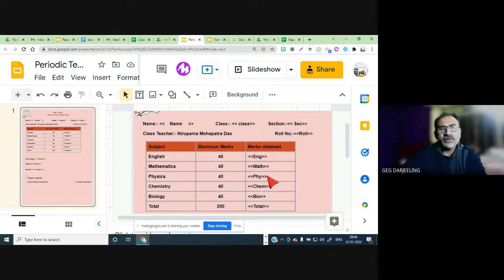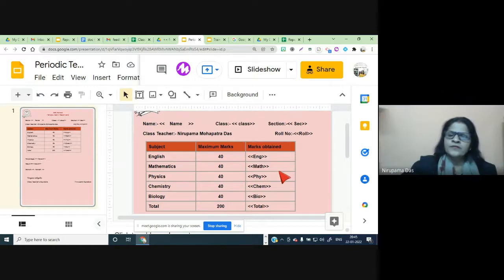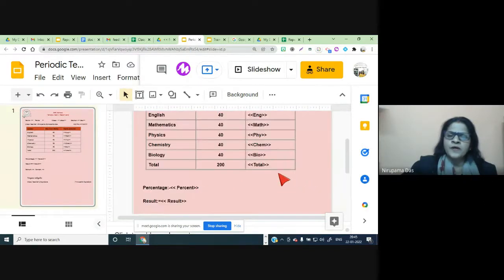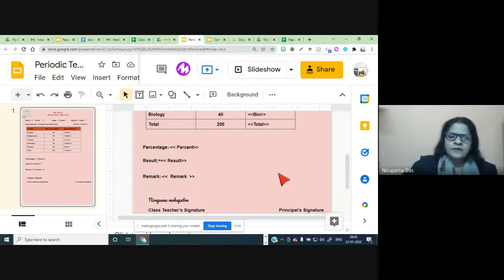Ma'am, we could also have left the name on a particular line and not written anything else on that line, and added the class or section in the next line. Then I think this problem might be avoided. Yes. We can design our report card as per our requirement. And similarly for the remark, a lengthy remark can be.